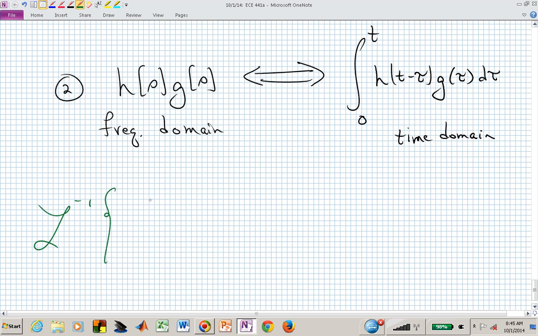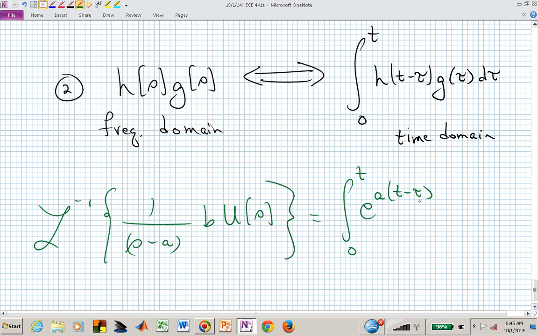We now need 1 over s minus a, b u of s, to be inverse Laplace transformed. 1 over s minus a, you just told me, was e to the at. But now if that's our h, we need our exponent, a times the argument, which is now t minus tau. In the convolution integral, this now becomes the integral from 0 to t, e to the a,